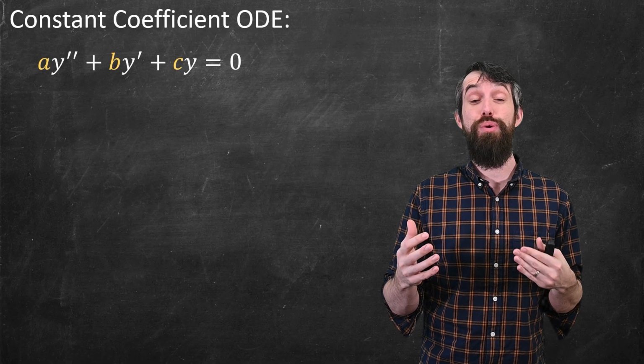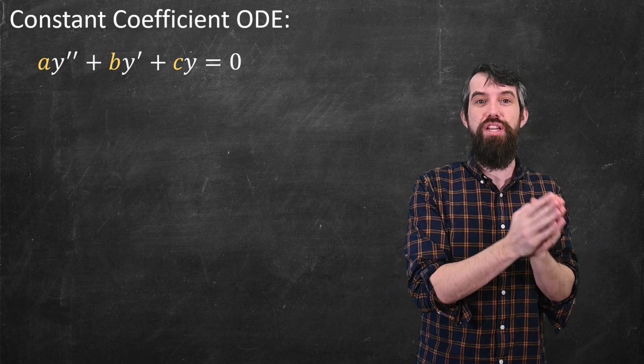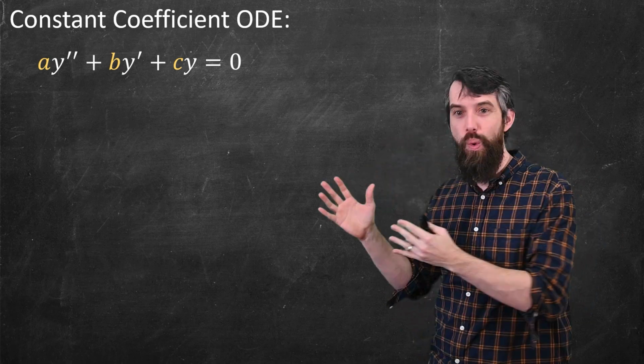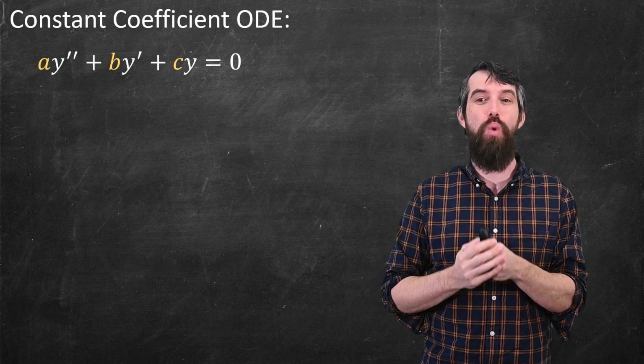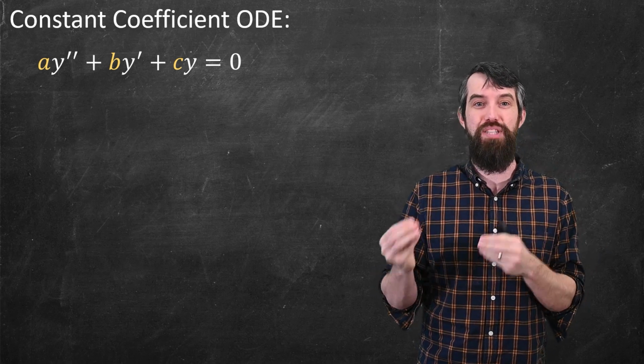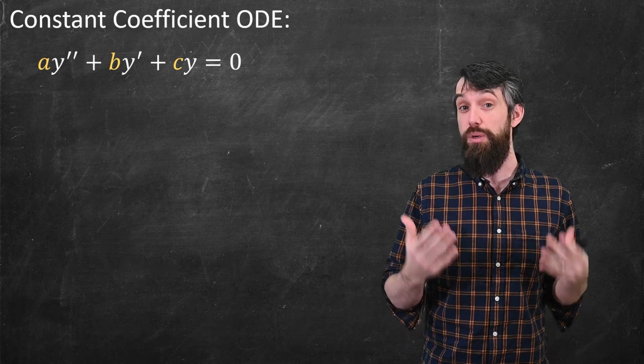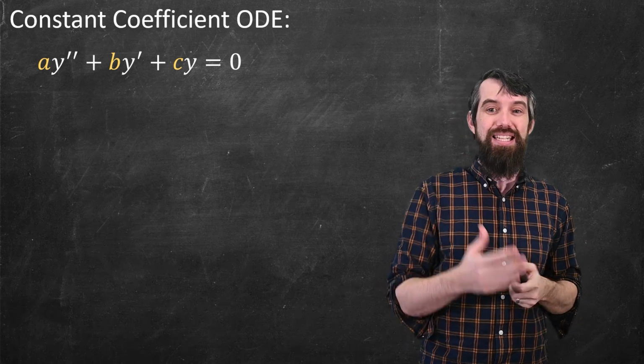In this video, I'm going to show you how to solve constant coefficient differential equations like this one. This is a constant a times y double prime, a constant b times y prime, and a constant c times y is equal to 0. So the approach that we took previously, and we'll do it again here, is to guess a solution of the